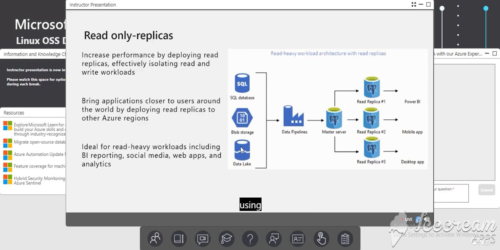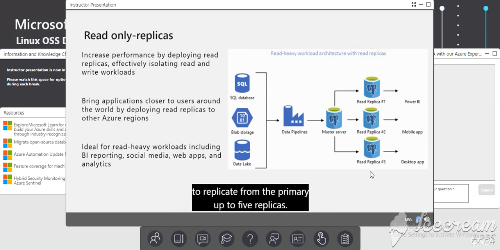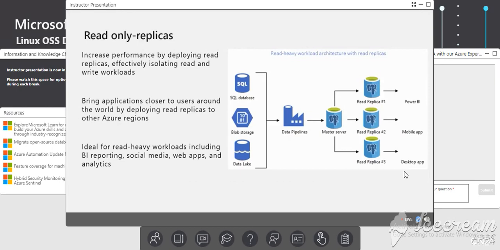servers. Then using asynchronous replication, using the PostgreSQL engine to replicate from the primary up to 5 replicas. The feature is actually meant for scenarios where the lag is acceptable and meant for offloading queries. A very common scenario is business intelligence, where you need to do reporting, and you can have minutes of delay, some latency between these workloads in order for you to represent results and data to